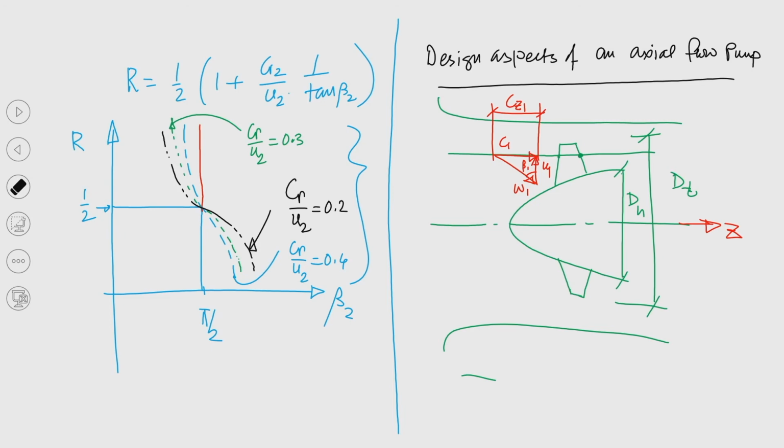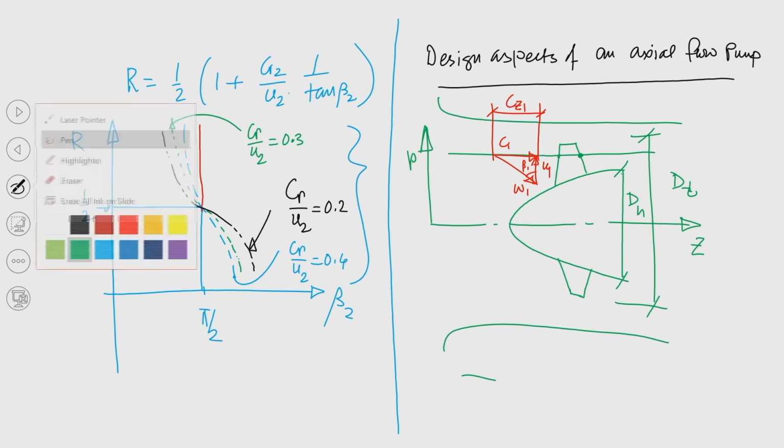I will be erasing because I can erase it. So, this is the Z direction. If I take it, this is Z direction and this is the R direction. Okay. So, this is the velocity triangle at the inlet, and if we try to draw the velocity triangle at the outlet